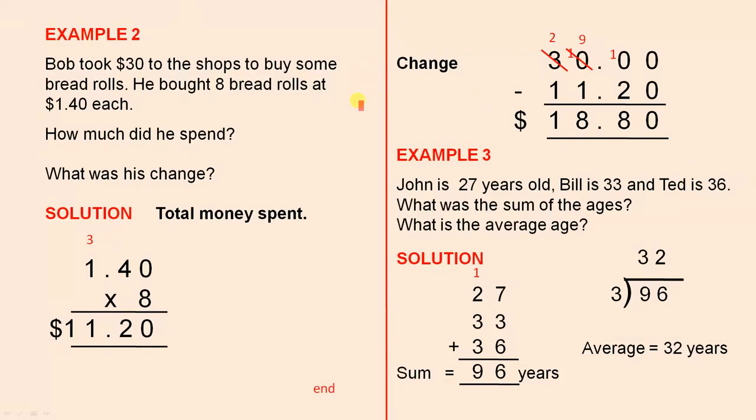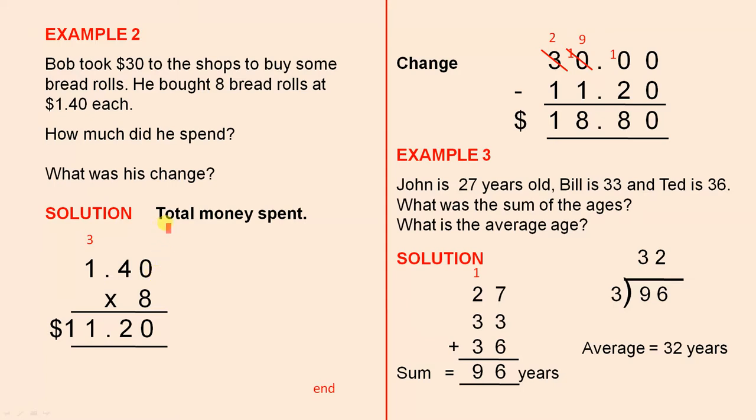Example 2. Bob took $30 to the shops to buy some bread rolls. He bought 8 bread rolls at $1.40 each. How much did he spend, and what was his change? So how much did he spend means the total money that he spent. So if he bought 8 bread rolls and each of them cost $1.40,